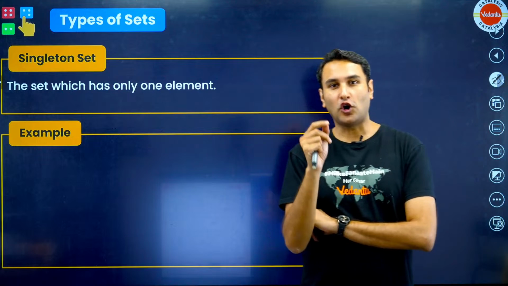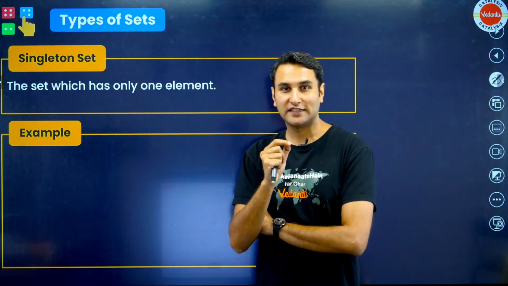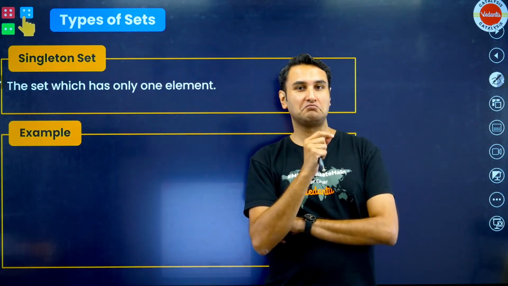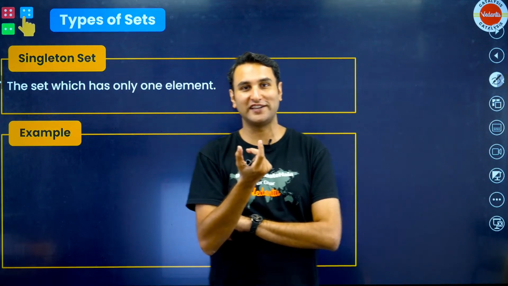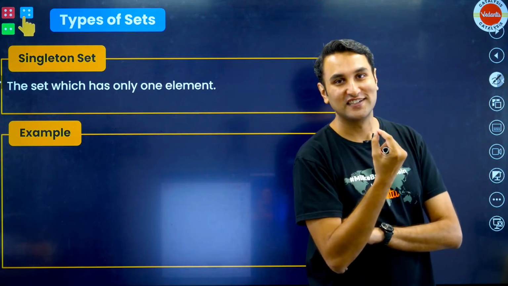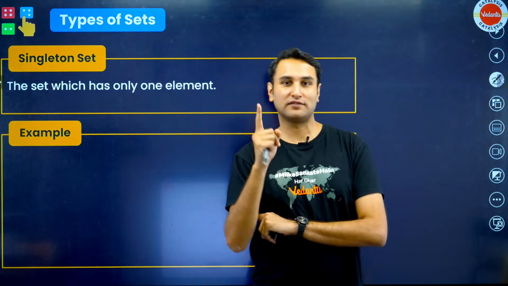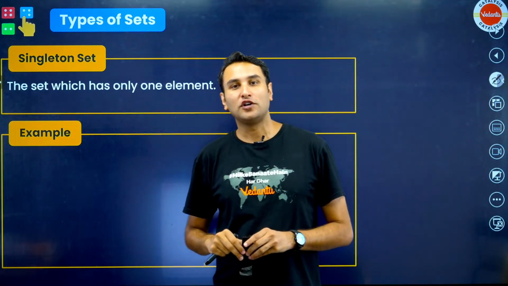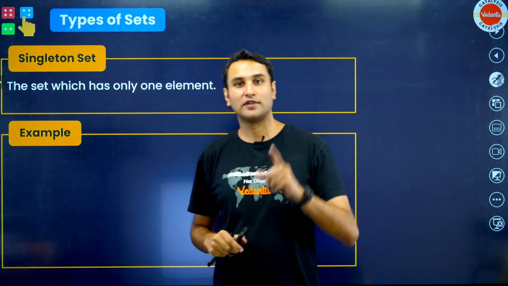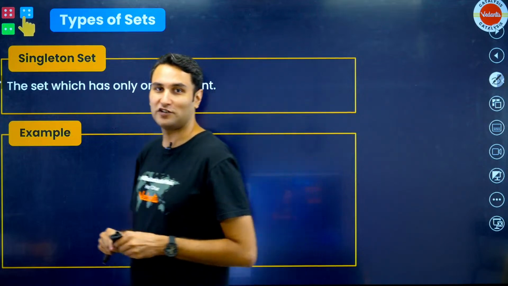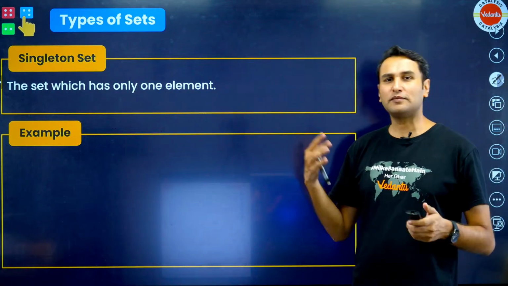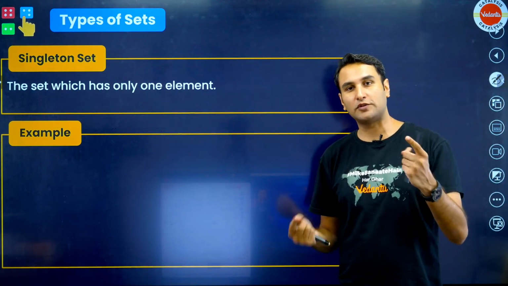The set of all the prime ministers of India who were there on the post in 2022. How many prime ministers were there in India? One, right? The set of the prime ministers in India in 2022: one. It will be only one, right? Clear? So these are some examples of singleton sets, where the outcome is only one element inside the